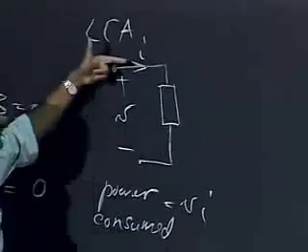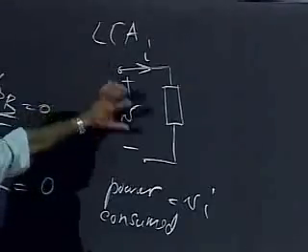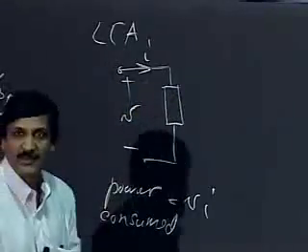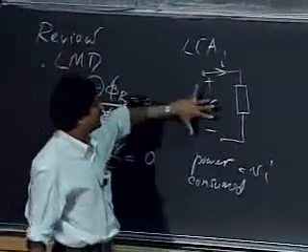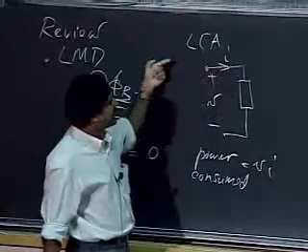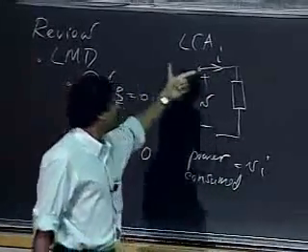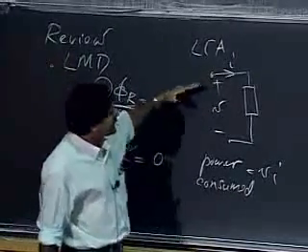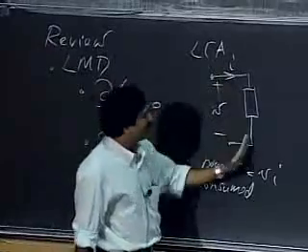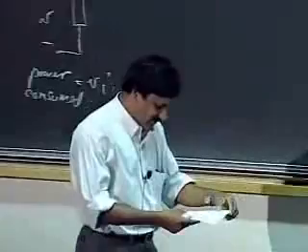So by choosing I going in this way into the positive terminal, the power consumed by the element is going to be positive. So in general, we will simply follow this convention. When I label voltages and currents, I'll be labeling the current entering an element through the plus terminal. Remember, of course, if the current is going the other way, let's say 1 amp of current flowing this way, then when I compute the current, it will come out to be negative.